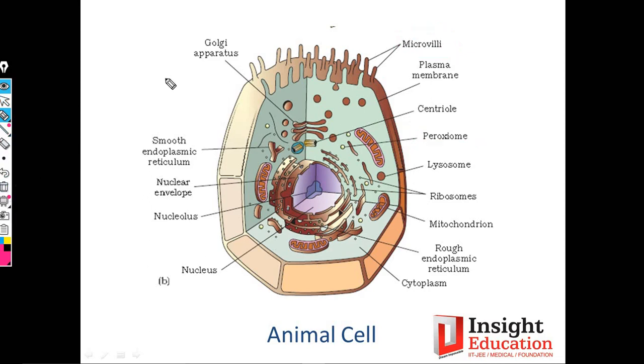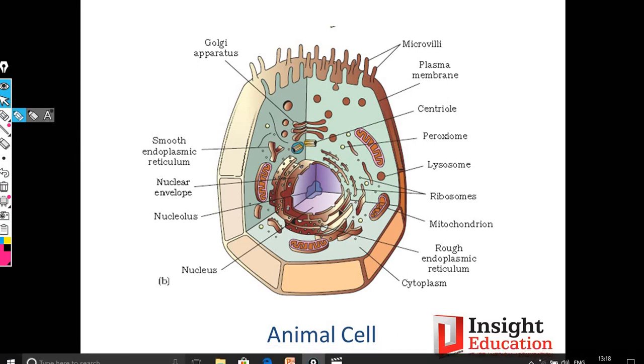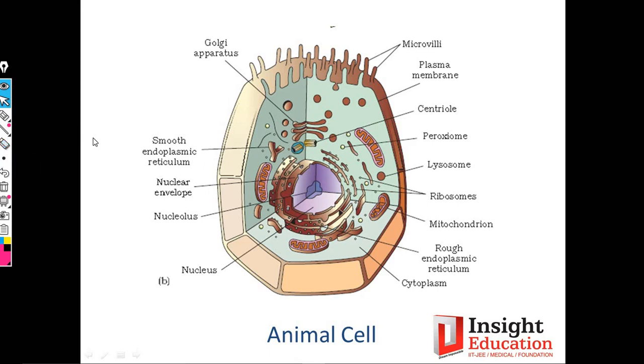But definitely you can hide this part on your own, and you can very easily observe the Golgi apparatus, that at the end they have swollen structures, right? That's how you will differentiate it from the smooth and rough endoplasmic reticulum, because smooth endoplasmic reticulum and Golgi body sometimes appear very similar. So how will you differentiate? You will differentiate on the basis of these swollen ends. That's an important observation. Okay. Rest of the details are very easy. So now let's check, if an unknown diagram is given to you, whether you are able to identify all these structures or not. Okay, so let's start the test.